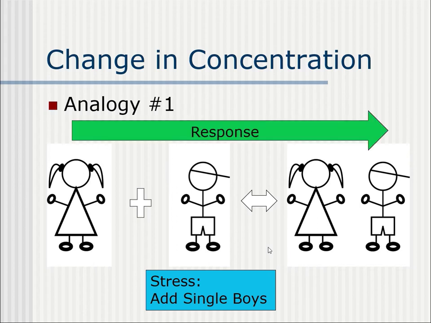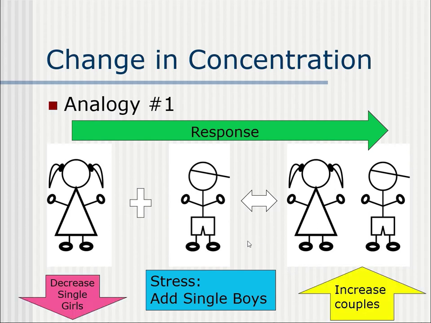We would have it where suddenly we would have more coupleization because the girls would have more to choose from. Instead of having just the typical Century boys, no disrespect, guys, but I'm going there. No disrespect, we suddenly have an influx of non-Century boys. And more girls might find more of those boys appealing, and we would have an increase in couples. So we would increase the number of couples, and we would decrease the number of single girls.